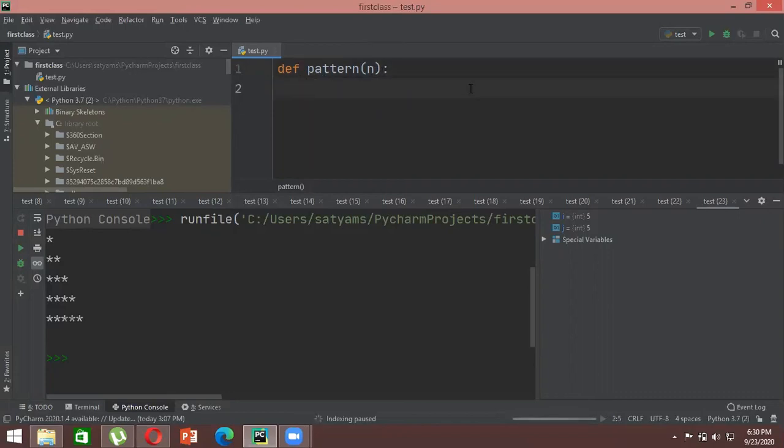Okay, now what we can do is we can write, let's say, for i in range, the same thing whatever we did with the previous question, the same thing here we will do. So we will write 0, but here we will write till n, because what we will see is, once you have completed writing your function, defining your function, this n will basically be a user input.